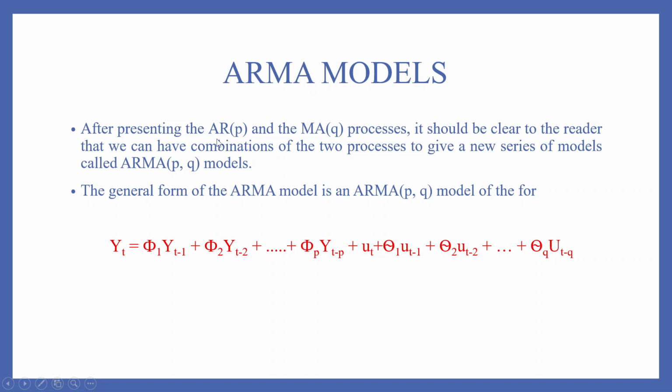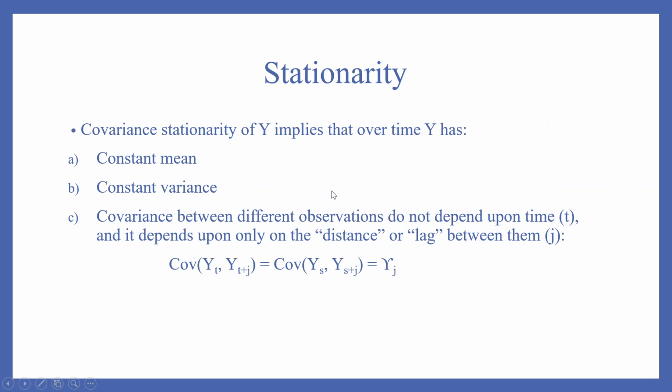ARMA models. After presenting the AR(p) and MA(q) processes, it should be clear to the reader that we can have a combination of the two processes to give a new series of models called the ARMA(p,q) models. The general form of the ARMA model is ARMA(p,q), where these terms are AR terms and these are MA terms. Now, before we understand ARIMA, that is, autoregressive integrated moving average models,